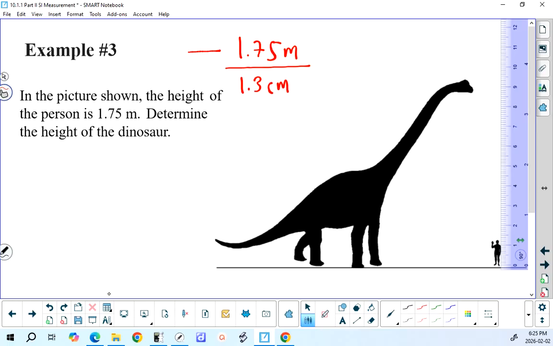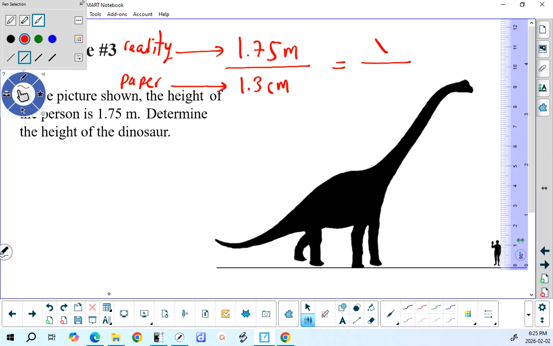So this is a scale equation or ratio where the top is reality and the bottom is the scale on paper, which represents reality. And that ratio has to stay fixed. If you draw a line on this paper that is twice as long, then in reality it will represent twice the height. So all we're going to do is set up a ratio,